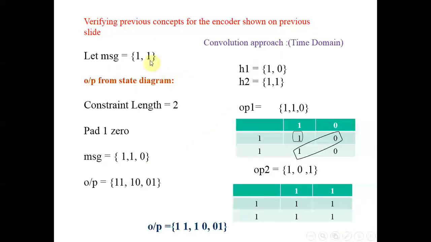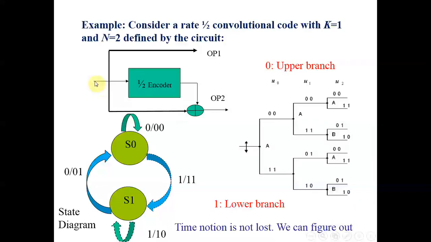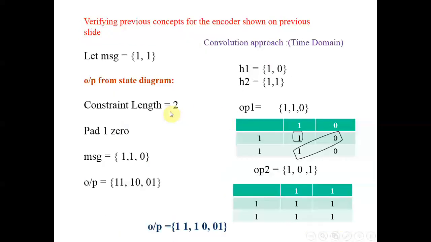So what is the output from the state diagram? What is the message? 1 1. Okay, now refer to the encoder again. Once I apply the first 1, that one will go here in the next clock. Then I apply the second one. Then after that clock, the second one will go here. And as I mentioned in the first video, we have to append zeros to complete the operation of the circuit, right? How many zeros will you pad to your message? The number of zeros padded to the original message is equal to constraint length minus 1. So if your constraint length is 3, you change your original message by padding 2 more zeros to it.